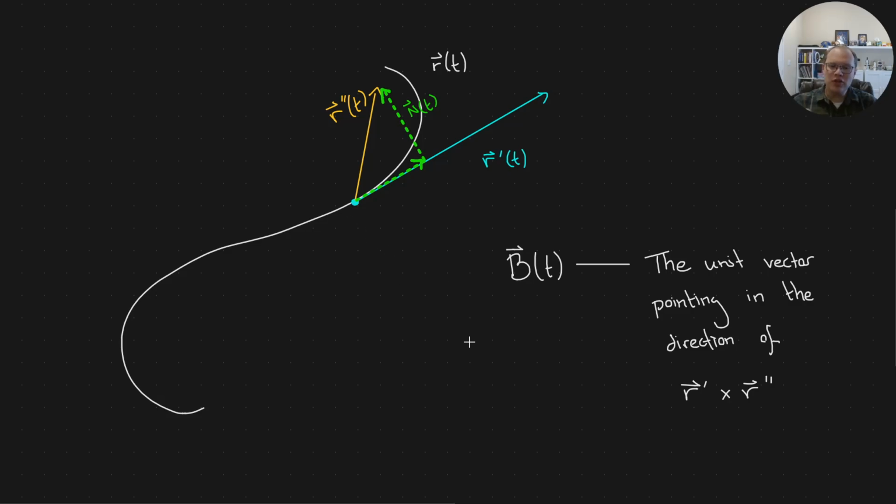So it'll be pointing straight at you, okay? The vector will be pointing straight at you, and it will be orthogonal to both R prime and R double prime, which means it will also be orthogonal to the unit tangent vector and the unit normal vector. Okay? The unit tangent vector and the unit normal vector help us understand the directions of motion of this space curve. Okay, so that's the binormal vector. It's pointing directly at us,